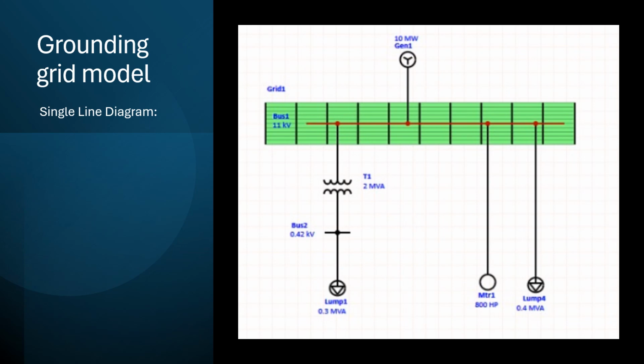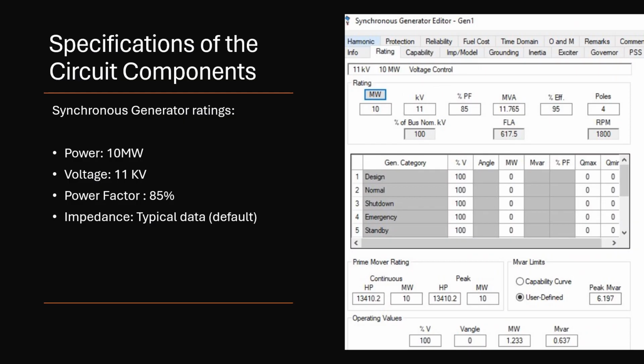This is the single line diagram. Along with that, there is a grid, as you can see in the green color picture. That's our grounding grid. Now the specifications of the circuit components, as you can see, we have used the